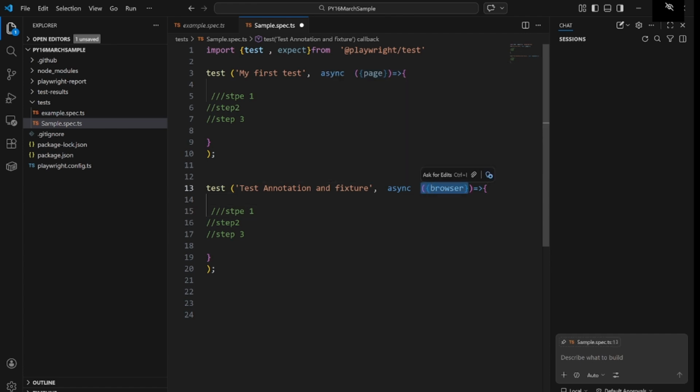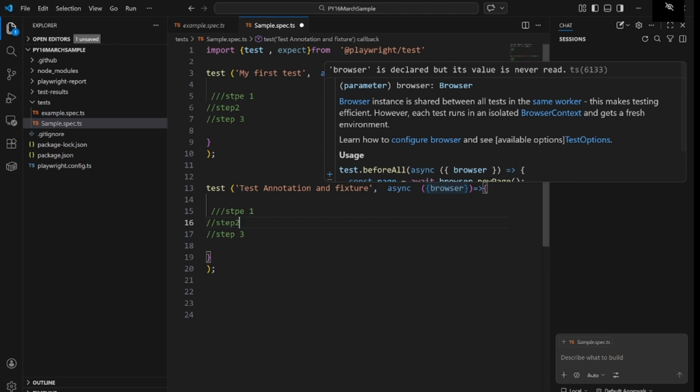It means this is specific to Playwright, and the annotation will understand very clearly that this is the browser fixture which is part of Playwright. So it allows you to define your test cases in a very good way.